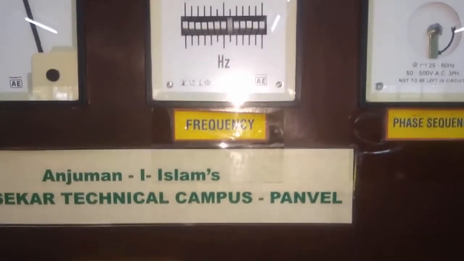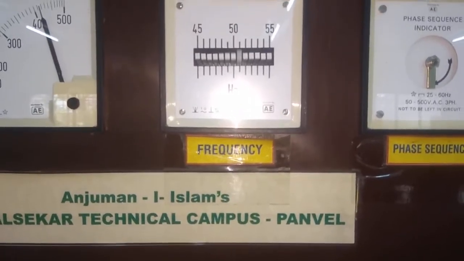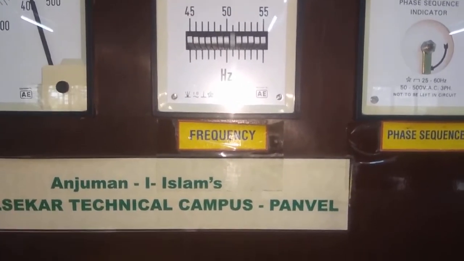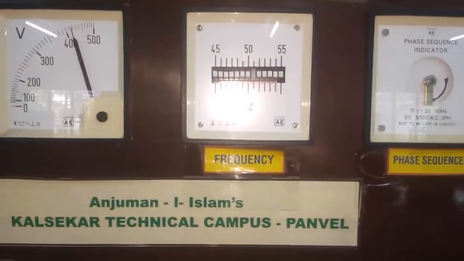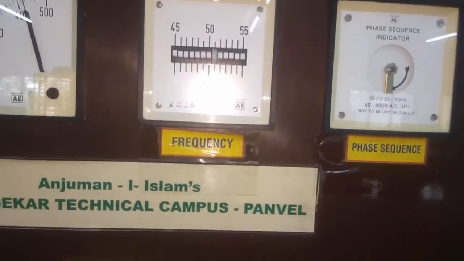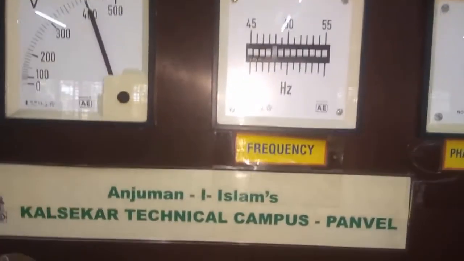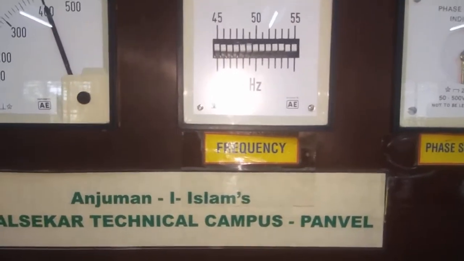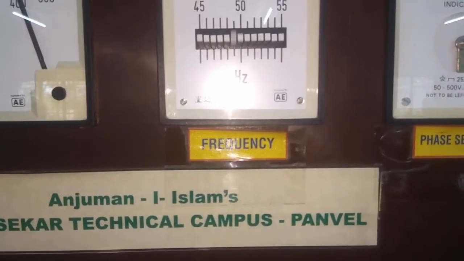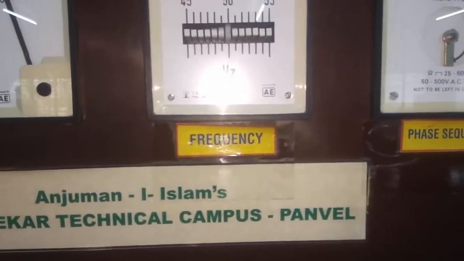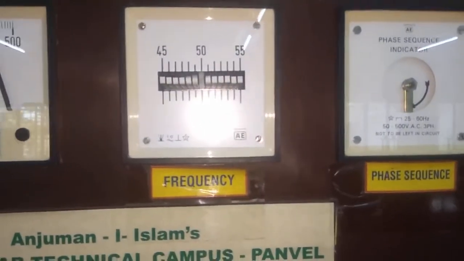Now we will check, go to the frequency. Frequency is now showing 51 for alternator 1. So we will change the frequency with the help of the rheostat. We will change the frequency with the help of the rheostat of alternator 1. See, frequency is now low, 49. Increase it a little, it has become 49. Increase a little more. Okay. Now frequency is 50 for alternator 1.